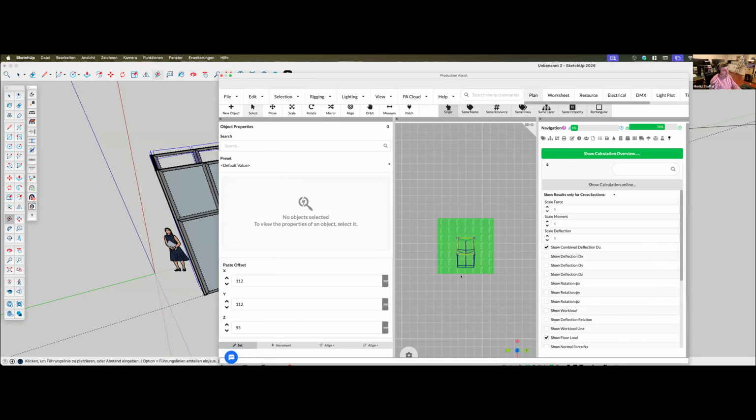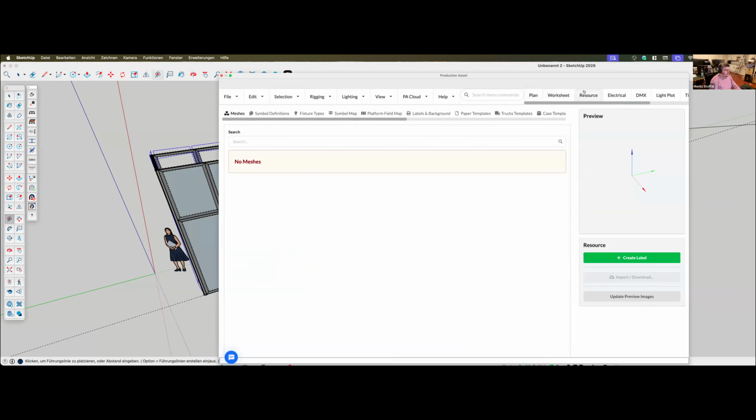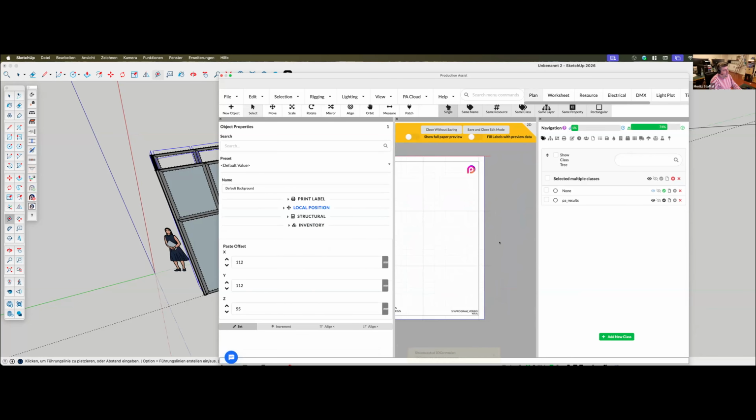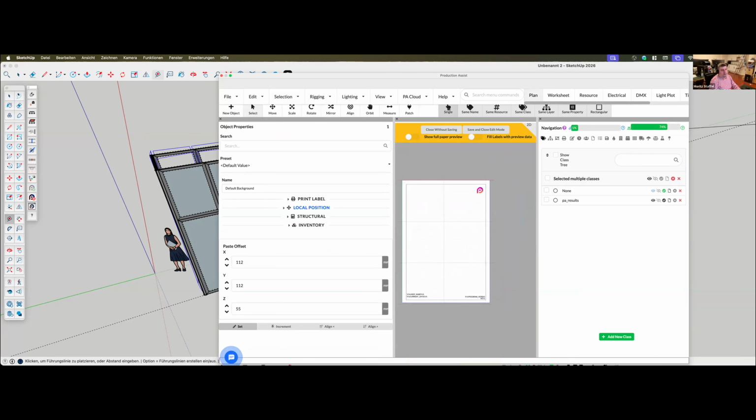Changing the background is really easy. For this, you click on Resource, you click on Labels and Backgrounds, and in there's the default background. You click on the Edit button with this, and then you click on the Plan View, on the 2D view. It shows you the 2D view of the actual program version in here. And then, for example, if we want to have,